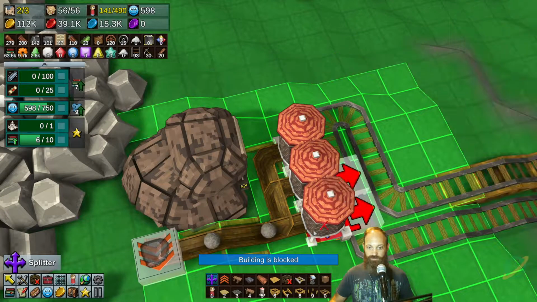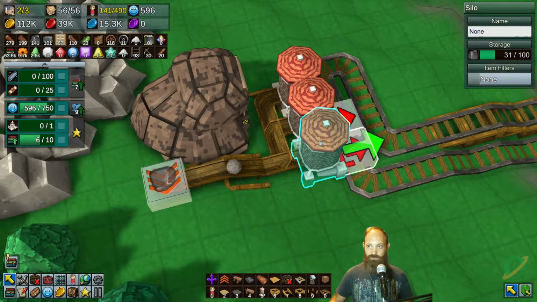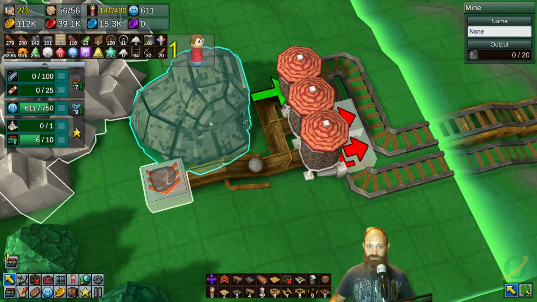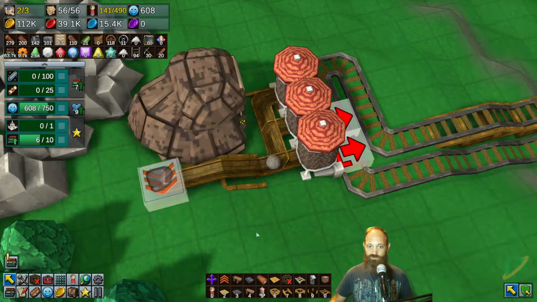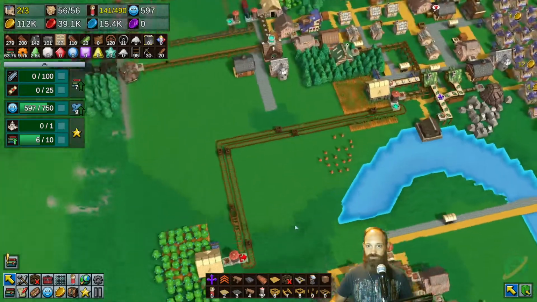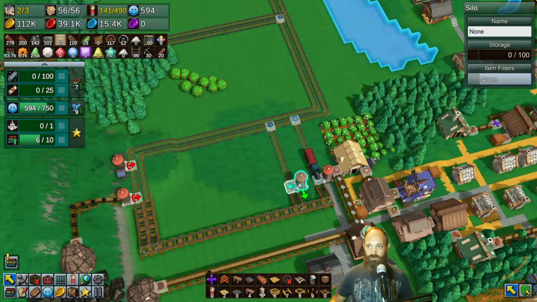Now, we want to fill that one first. Yes, so this will actually prioritize the overflow. So this one will get filled first, which is the first one the train comes to, and then the other ones will get filled later. Why is there 2 coming out of here? Because it produces 2 every time. All right, that's cool. So the stone hopper train has now gone, and we have no